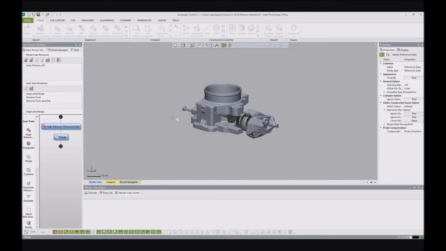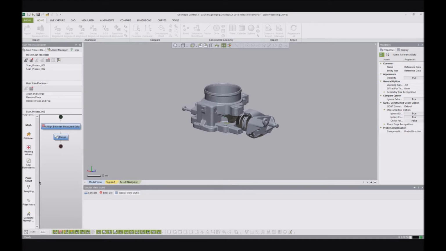And if I wanted to create a new script, I can do that right now. If I just come over here and say new process, the way this works is I create a new process, and on the left-hand side, I have all these different types of tools. And I can say I want to do an alignment, and I drag that over, and I would like to do a merge. Then after I merge, maybe I want to export, or maybe I want to sew boundaries. You can do a